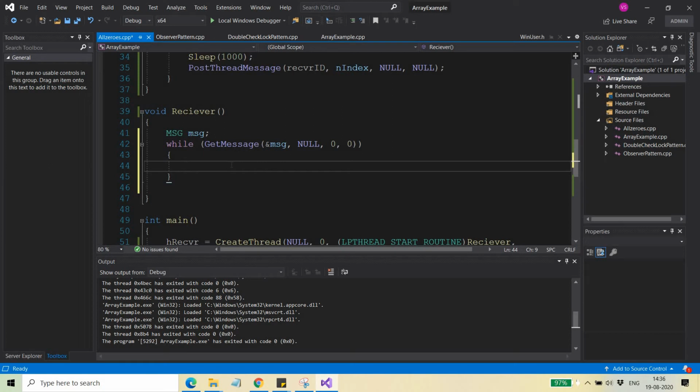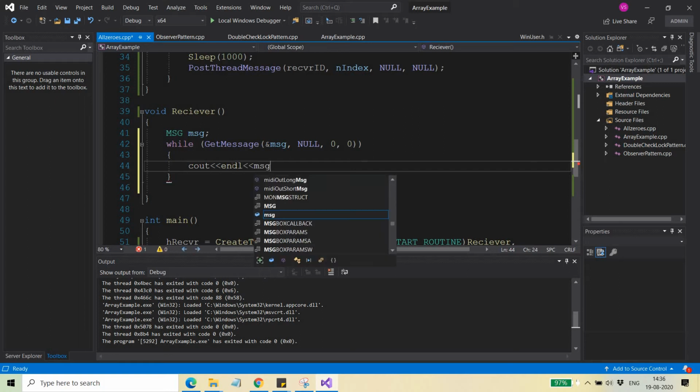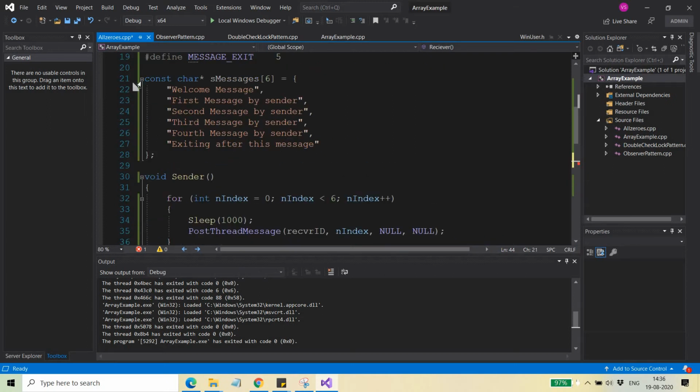Here we will just print this with cout, and then you can write msg.message. Okay, let me do one more thing. I have just prepared one more array, sMessages, here. At the 0th index this message is present, at the first index this message is present.